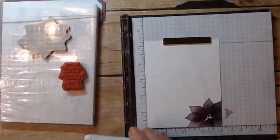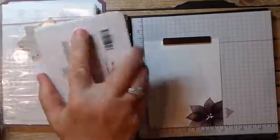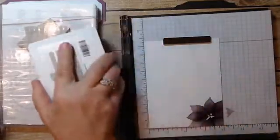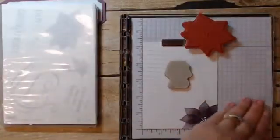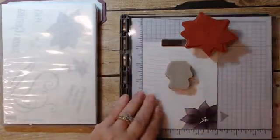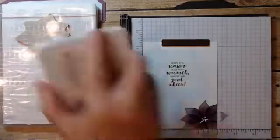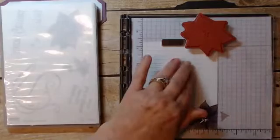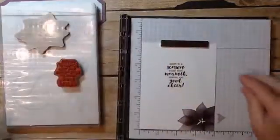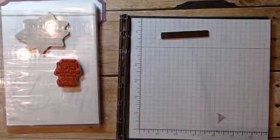Now for the inside sentiment, I'm going to ink that up in the gray granite. So we'll be repeating the same colors that are on the front on the inside. All right, fingers crossed, I got it on there at least semi-straight. Give it a little more ink. I see a couple of spots that are a little blotchy. And there you go. So on this go around, we did the inside before we did the front,